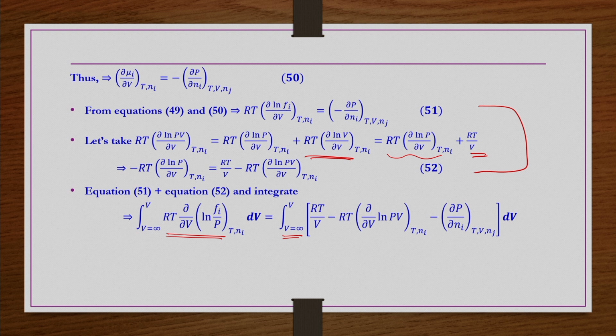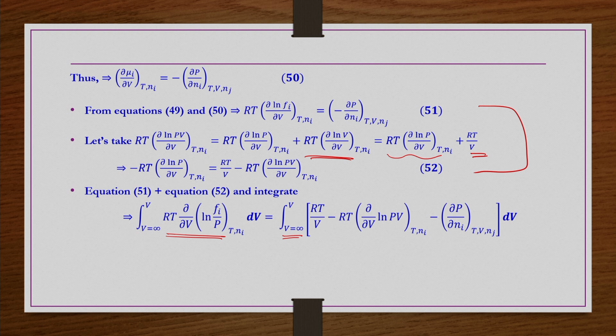And then let us say it is a mixture of gases. The fugacity of the ith component in the mixture should be equal to the partial pressure of that component in the ideal gas mixture. That is the basic limiting condition that we have taken. That is the reason we have to take this V infinity as a kind of reference, right.